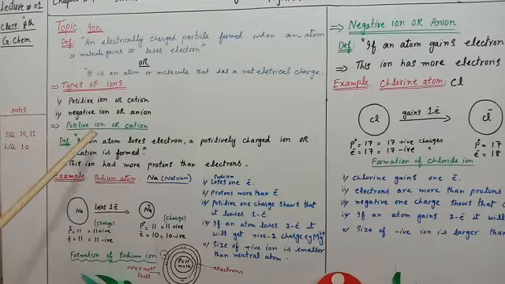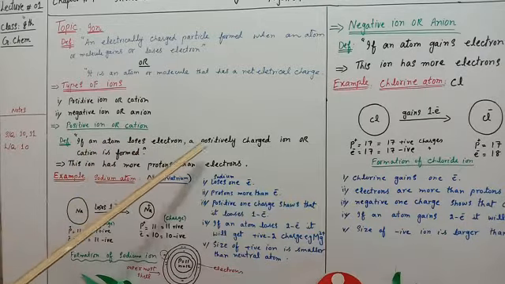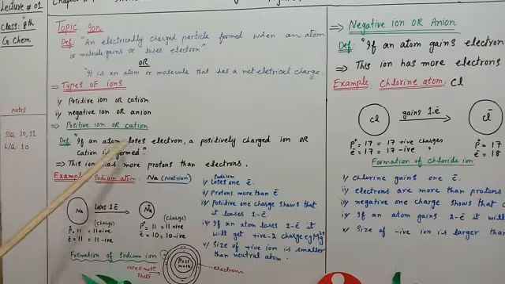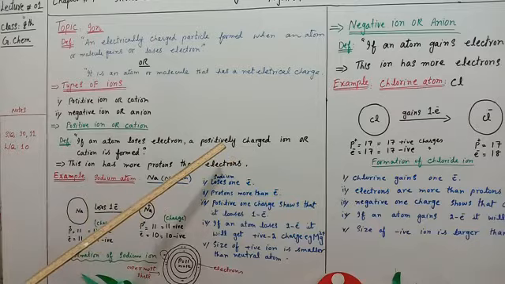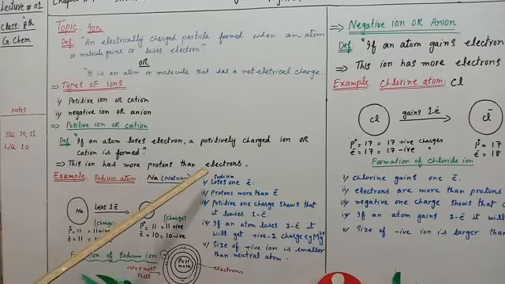Okay, the definition of positive ion or cation. You know that an atom is an electrically neutral particle. So when an atom loses an electron, a positively charged ion or cation is formed. So when an atom loses an electron, okay, अगर उसमें से एक इलेक्ट्रॉन रिमूव होता है तो उस पर कौन सा चार्ज आ जाएगा? पॉजिटिव चार्ज आ जाएगा. ठीक है, इसको क्या कहते हैं? कैटायन कहते हैं. This ion has more protons than electrons.